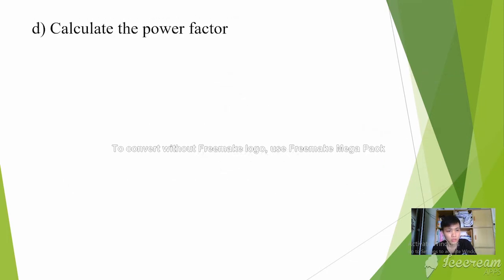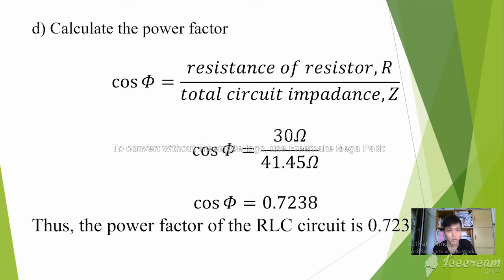For the last question, it's asked to calculate the power factor. To calculate the power factor, we are going to use the formula: resistance of the resistor divided by the total circuit impedance. Thus, the power factor of the RLC circuit is equal to